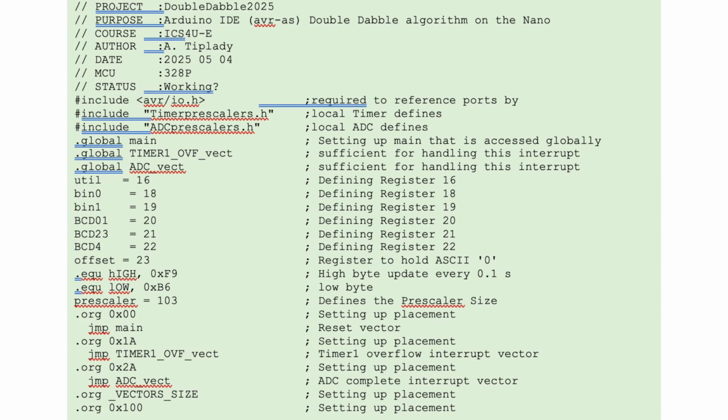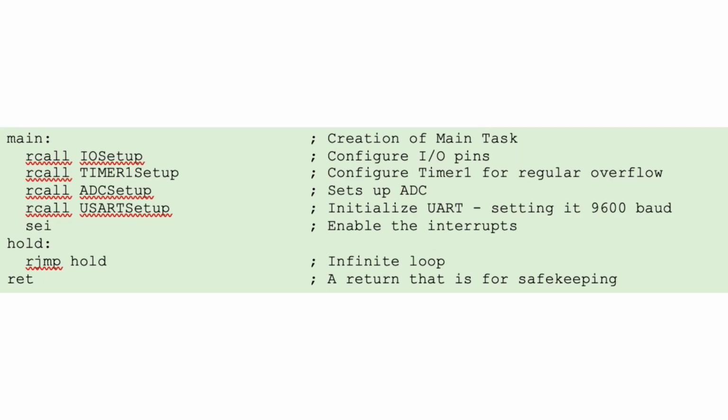The code begins by including the necessary files to access the names for the I/O ports, and then declares each register as specific names, such as register 18 and 19. The section immediately follows the declarations and placements by creating the main label and calls a setup of things such as the I/O ports, timer 1 overflow, USART, etc. Following that, the hold label is created and set as an infinite loop where the circuit repeats, waiting for the